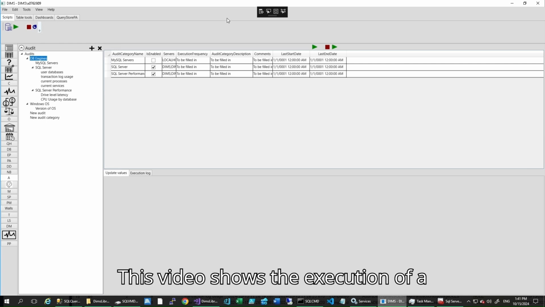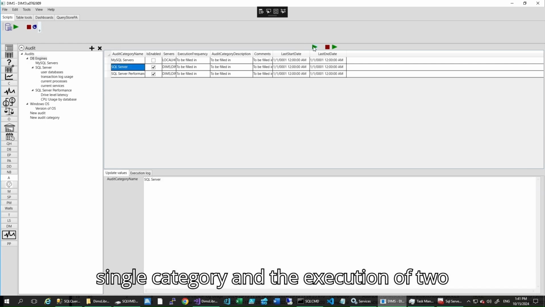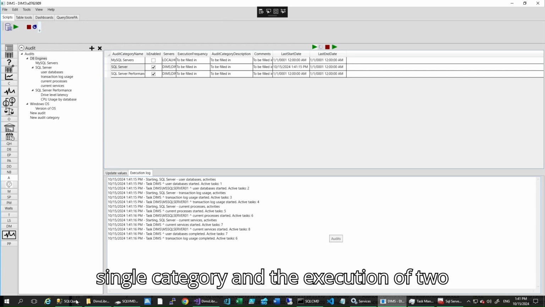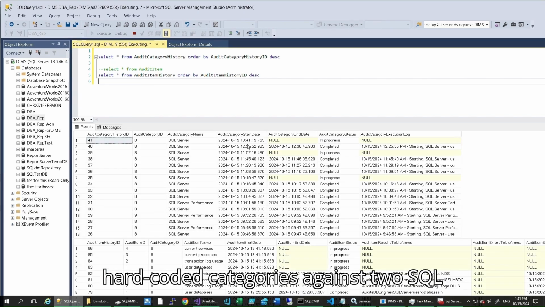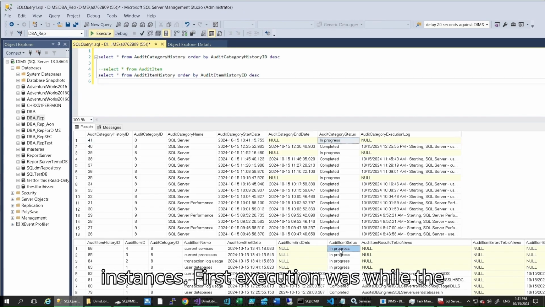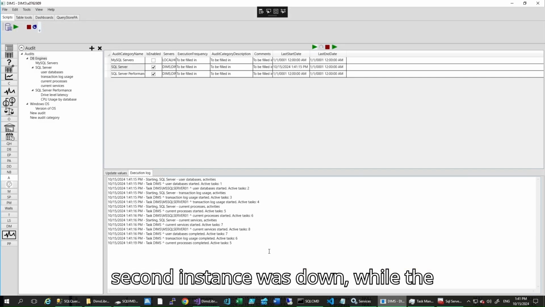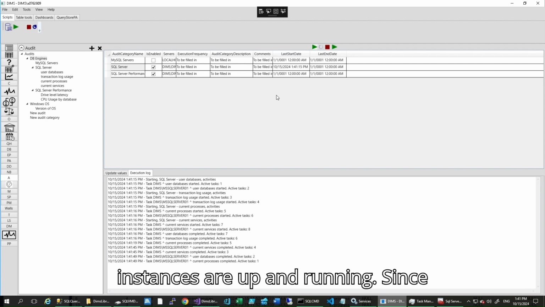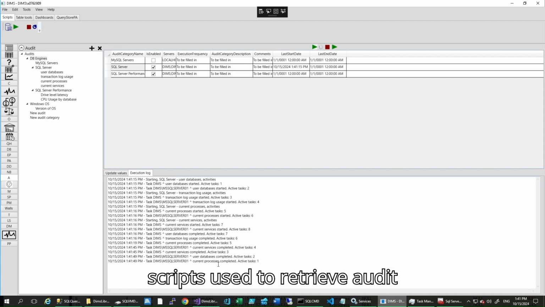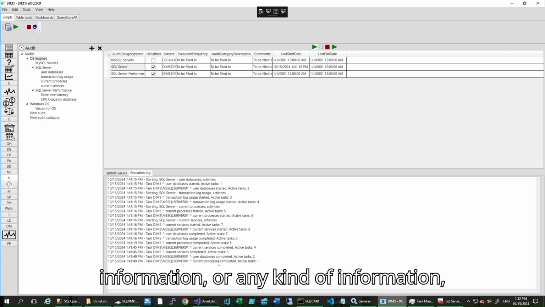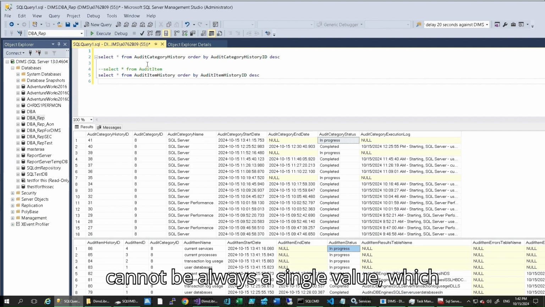This video shows the execution of a single category and the execution of two hard-coded categories against two SQL instances. The first execution was while the second instance was down, while the second execution is done while both instances are up and running. Since scripts used to retrieve audit information or any kind of information cannot always return a single value,